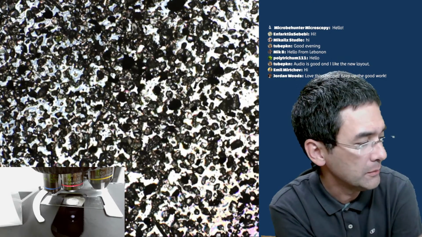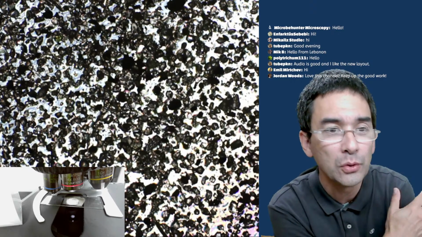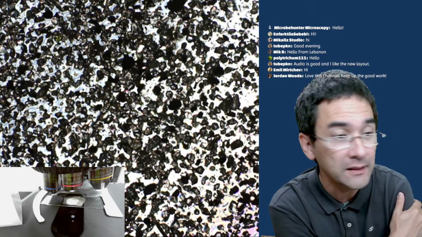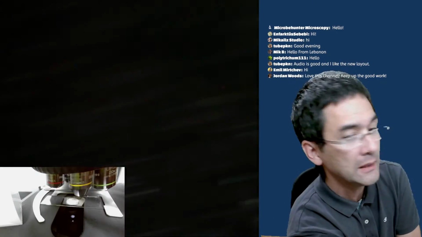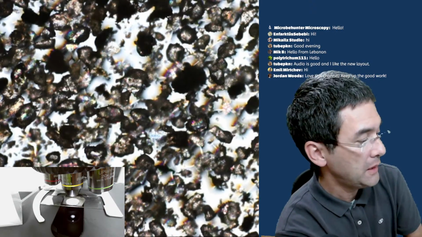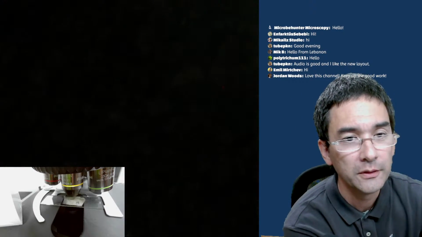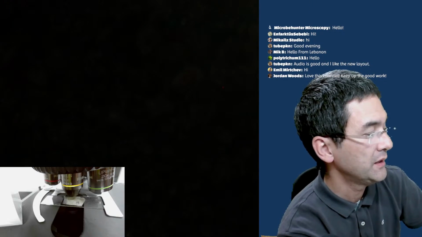You can actually see that some of the sand grains, which are a little bit darker or thicker, are completely black, and you do not see quite as much detail. It looks kind of flat. And if I go up with the magnification now, yeah, that's basically how it looks. And now with light coming from the top, so I'm going to switch off this here again. I'm going to switch on again the